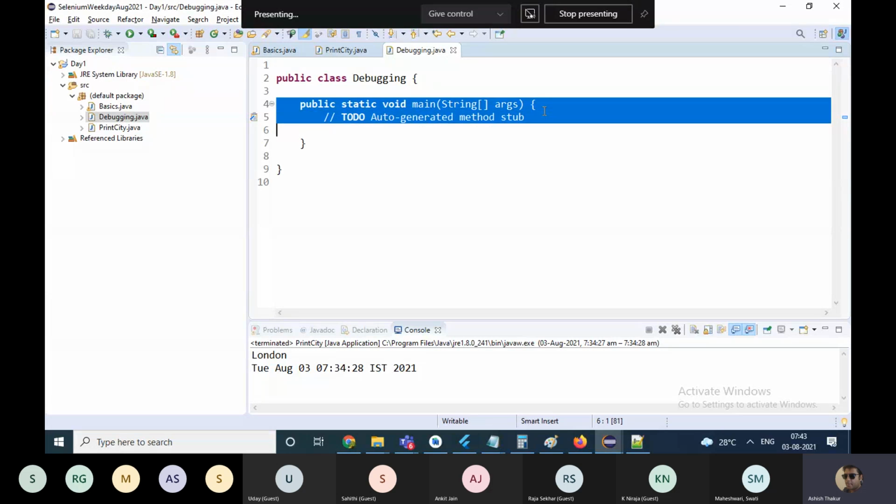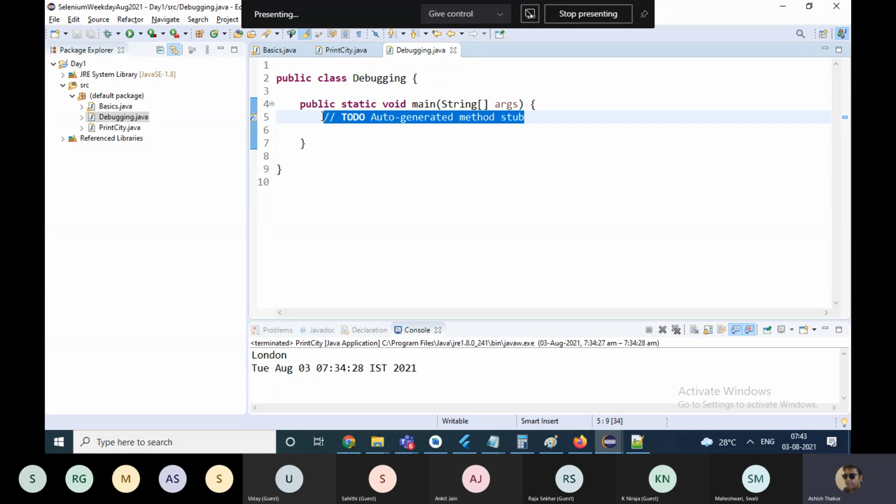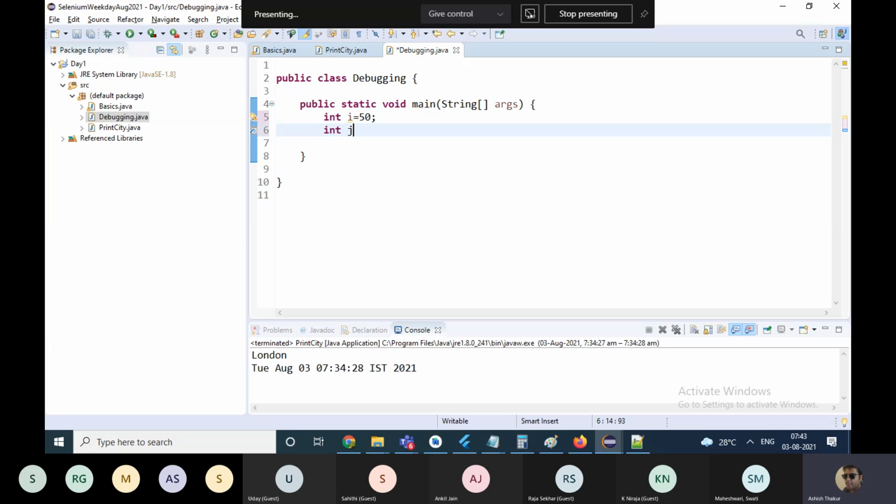Suppose I take a variable int i equals 50 and int j equals 2, and then I make a for loop: for int k equals 0, k less than 100, k plus plus, and then I write a System.out.println to print k. I'm assuming you at least know the for loop.